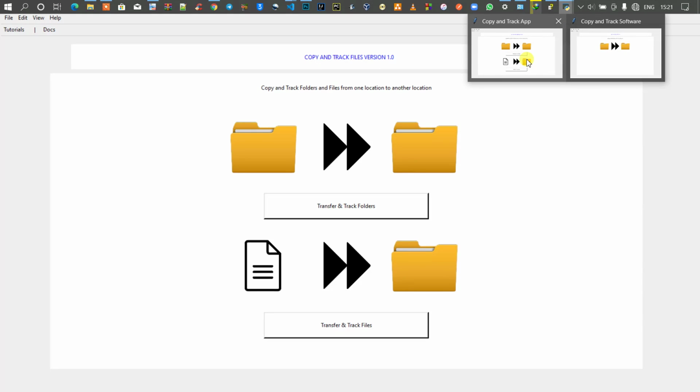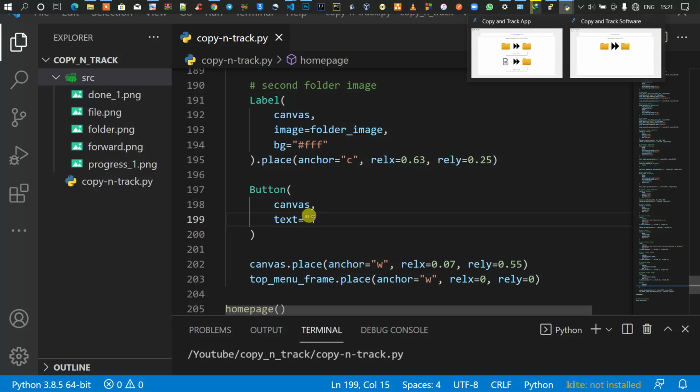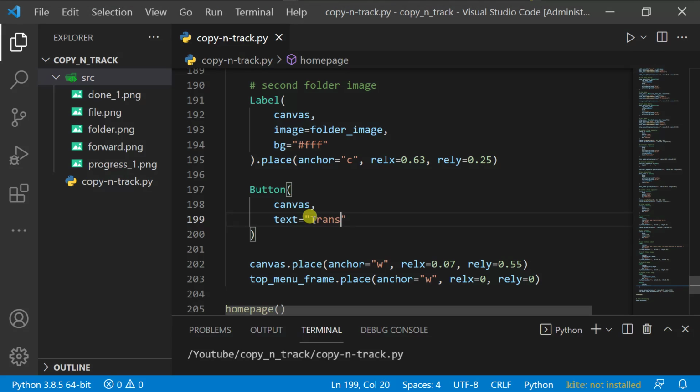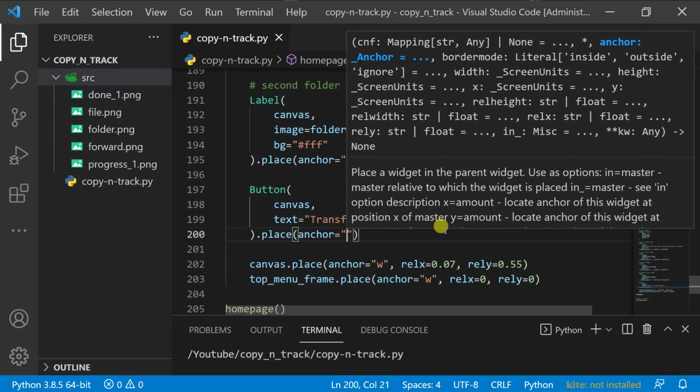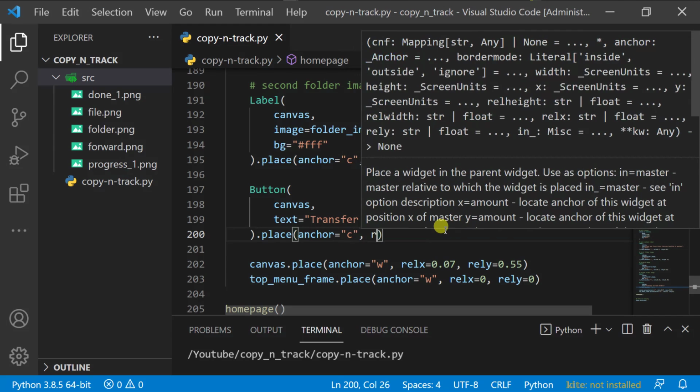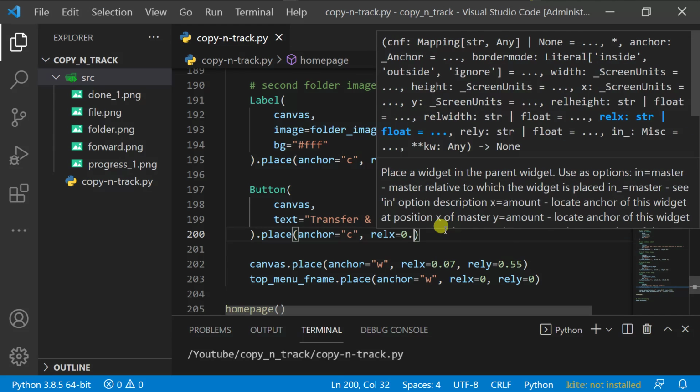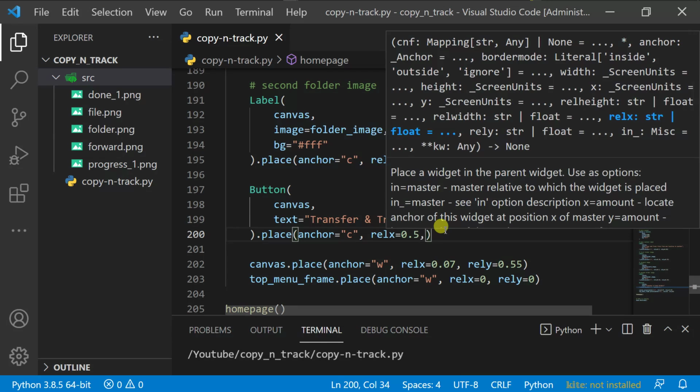Okay, I think this button actually says transfer and track folders. Okay, so we have this button. Now we can specify the place. So place anchor being at the center. Now I'll give it a rel x of 0.5, then a rel y of